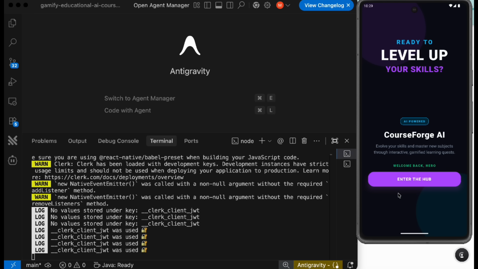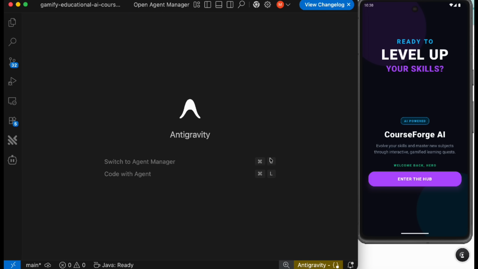Now another important point we need to add is, whenever a user authenticates the first time, we have to create a user record in our database. We already have a user table, and whenever a user signs in, make sure to save the user information the very first time. So let's open an AI agent. We'll start a new conversation, and inside that we'll say when user sign up / sign in first time,